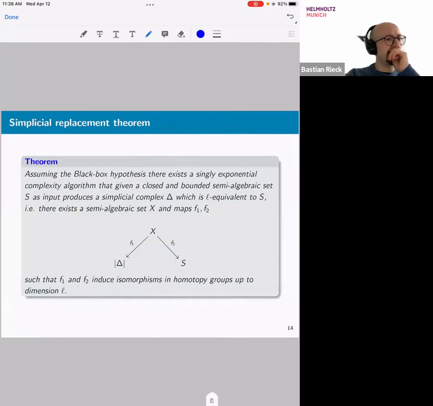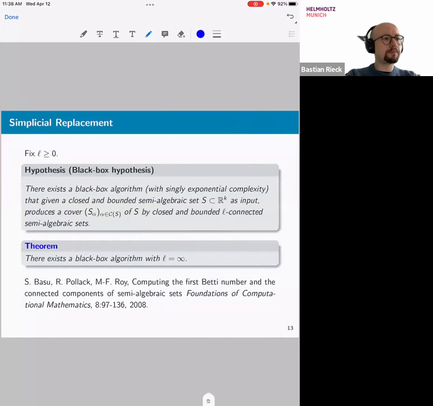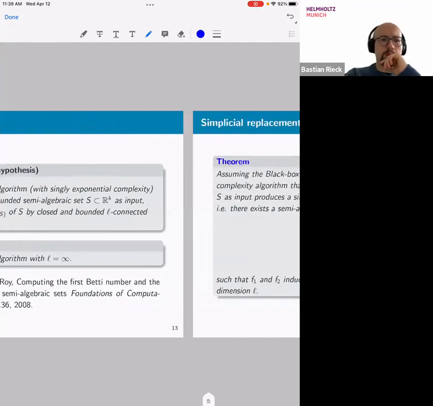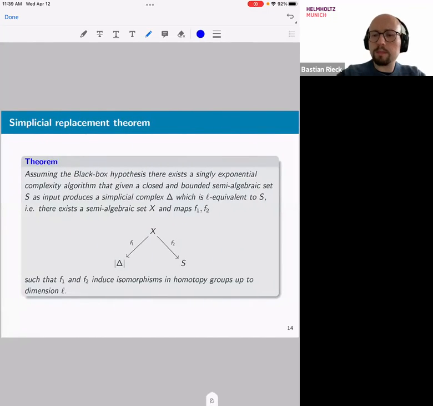So our theorem is that, but of course, maybe someone more clever can come up with a black box algorithm for computing with a better complexity cover of L-connected, not necessarily even contractible. We only know one which is contractible, but maybe there exist better algorithms for computing covers with a weaker hypothesis. And our theorem is that if we assume this black box hypothesis, which we are allowed to assume because there exist such algorithms for computing contractible covers, then there exists a single exponential complexity algorithm that, given a closed and